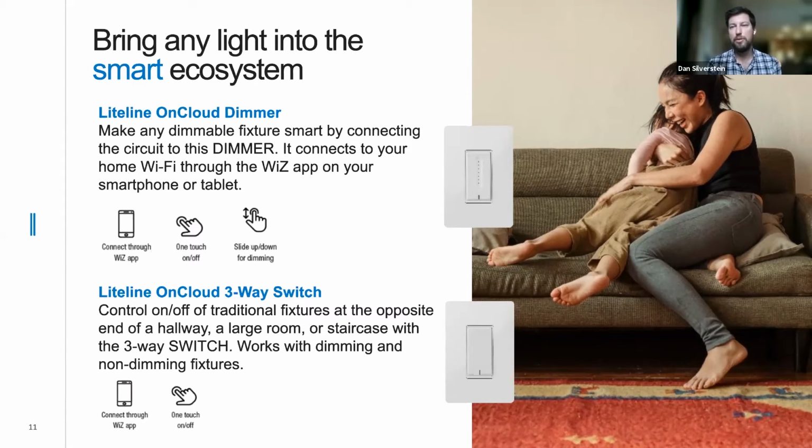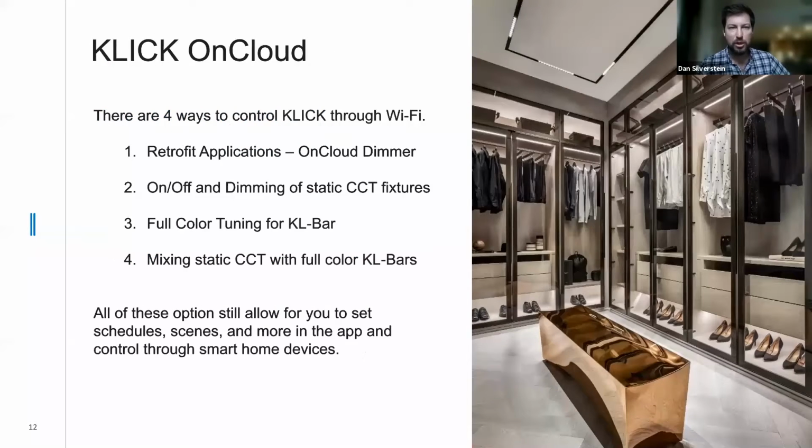There are other products out there in the market, but this is the OnCloud solution to bring it into the Lightline OnCloud Wiz connected solution. And this is the easiest way for KLICK in particular. You can just take your regular KLICK installation with a dimming driver, hook it up to a dimmer, and now you've Wizified it. You've taken your KLICK and brought it onto the OnCloud. The next way of bringing things